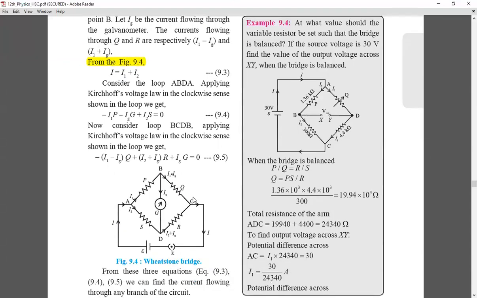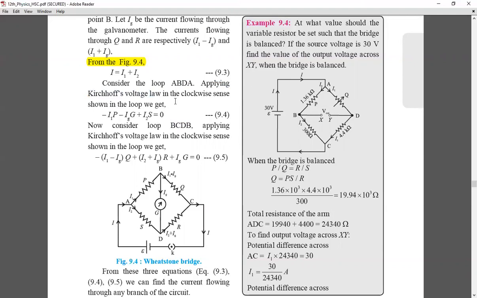As we know Kirchhoff's voltage law, let's apply it to loop ABDA, and then to the second loop BCDB. As I already said, you can name the loop in your own way, clockwise or anti-clockwise, and start from any point. You can also go for loop ABDA as ADBA. It depends on you. So let's see, as the current is flowing, the loop is named starting from A.